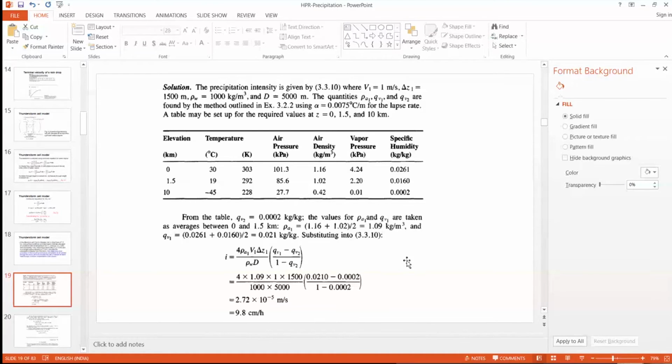So we can calculate specific humidity. That is nothing but